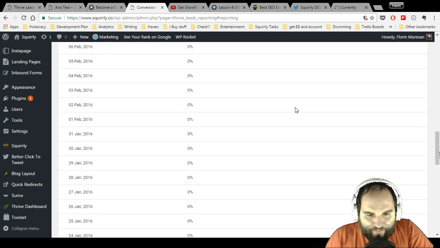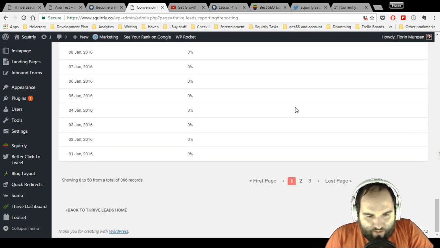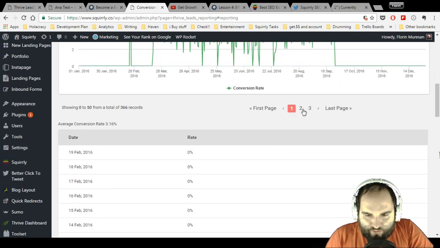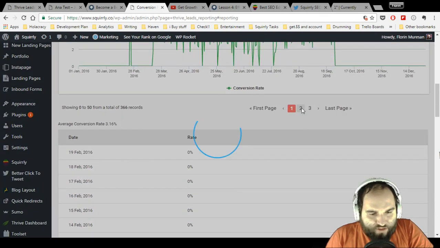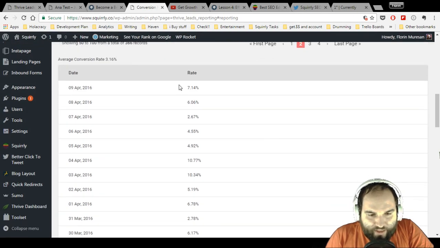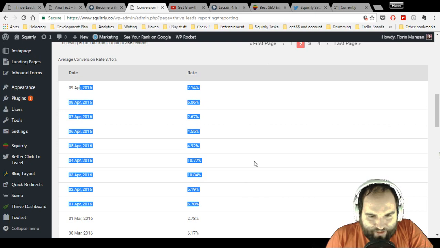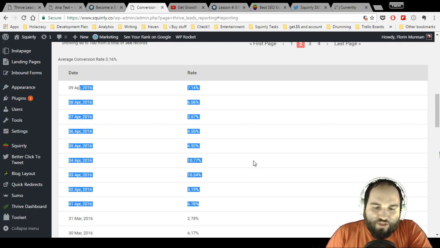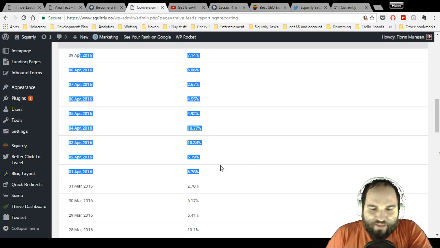And you can see, so average conversion rate. This is interesting. I've never seen this before. So yeah, on the 9th of April, we've had better conversion rates. On the previous page, it was our conversion rates before I actually worked on it. But after I've worked on it, because I remember that in April we've done a lot of stuff, and you